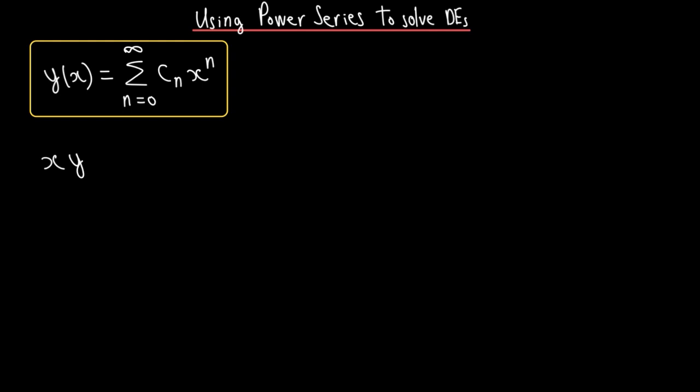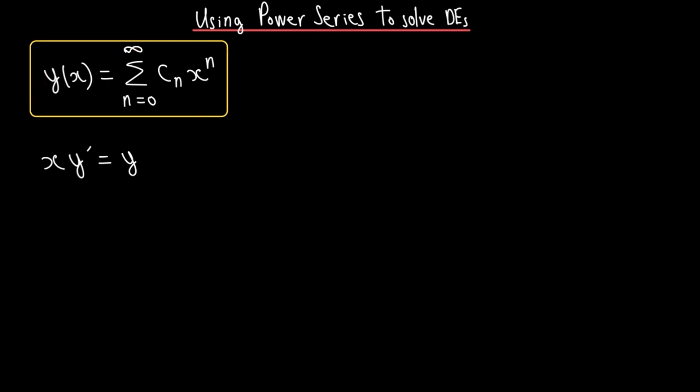We'll be looking at the example x y prime is equal to y. And this is a first order linear differential equation. And you can use the separation of variables technique to solve this equation. However, in this video, I'll be using the power series solution method in order to show that it works. In essence, we plug this trial solution, which is a power series, into our differential equation, and we want to see what conditions our coefficient c of n needs to satisfy in order for y of x, this power series,